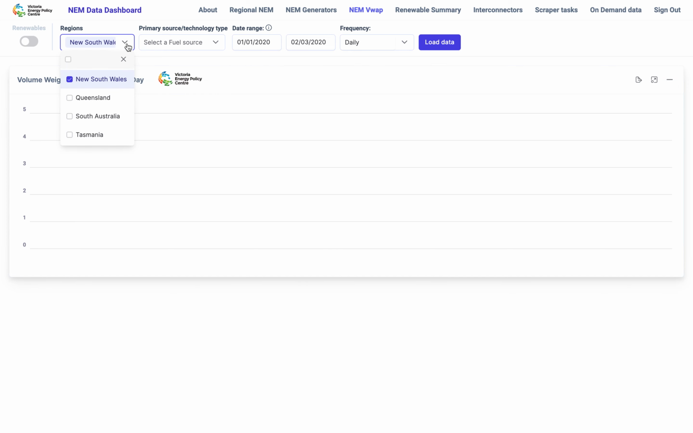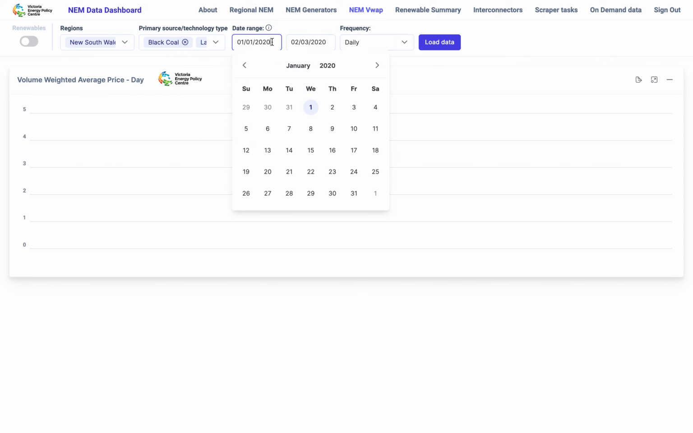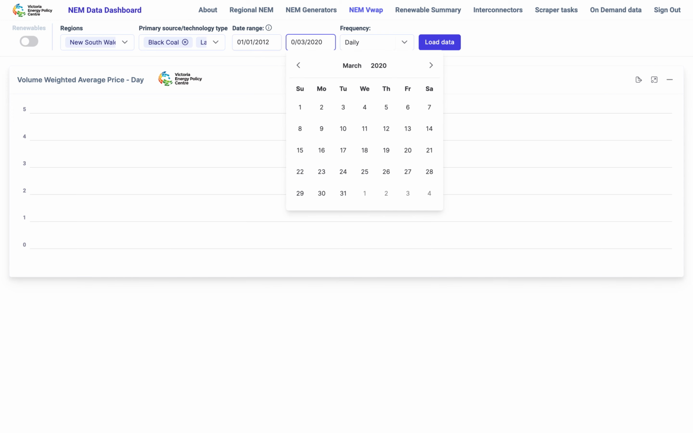So start off by selecting a region. I've chosen New South Wales. I'm going to have a look at, for example, black coal in New South Wales compared to large-scale solar, small-scale solar, and wind. You can choose any of these, of course. And let's start off with a long time span from 2012 all the way through to the end of this